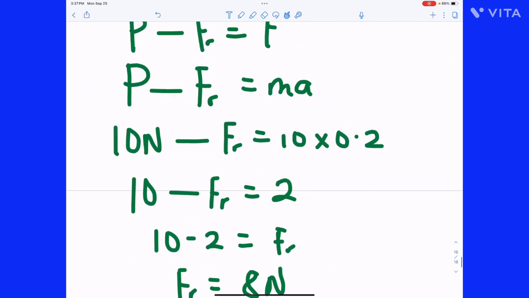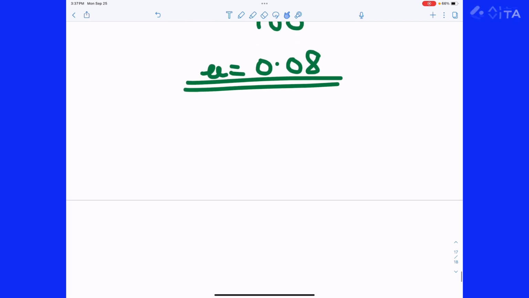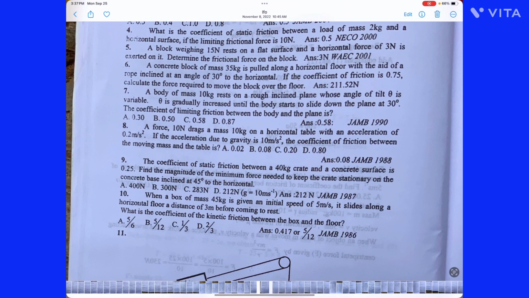The coefficient of friction between the surface and the box, between the base of the box and the surface of the table, is 0.08. The question 9 says the coefficient of static friction between a 40 kg crate